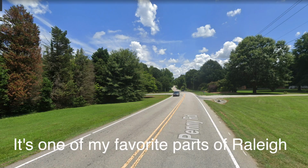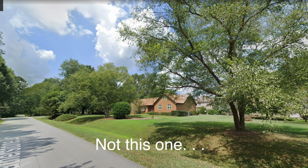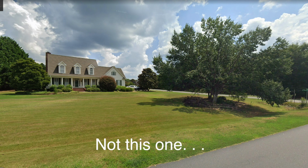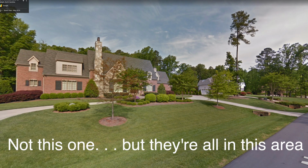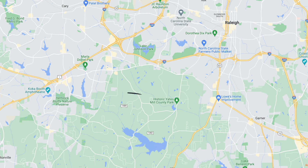So while I was writing this script, we were actually personally in negotiations for a house that we're really hoping to purchase on one of these larger lots in an area where they do have homes that are on like 1 to 3 acre lots. It's really rare to find a house there, and we really hope that we win this one because it's going to be really exciting. It's in the Penny Road area, which is right between Raleigh and Cary,